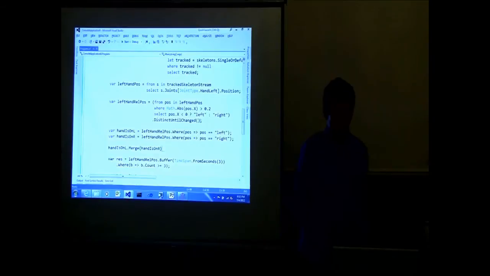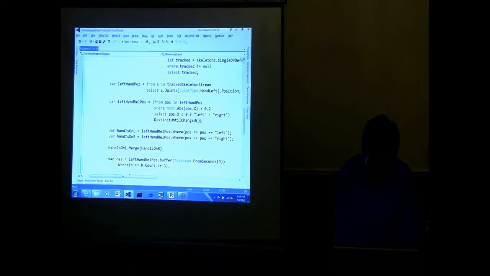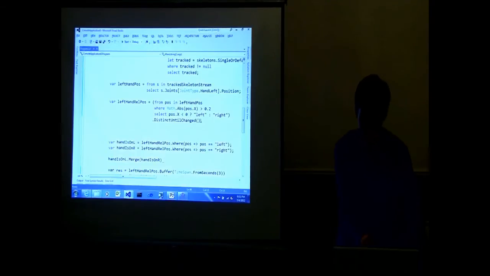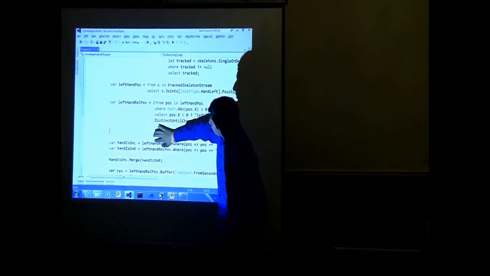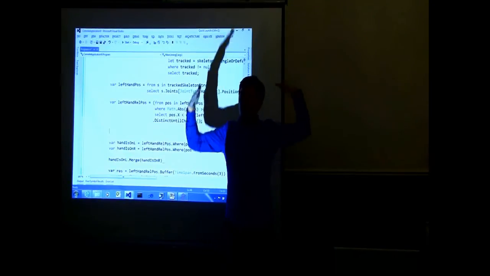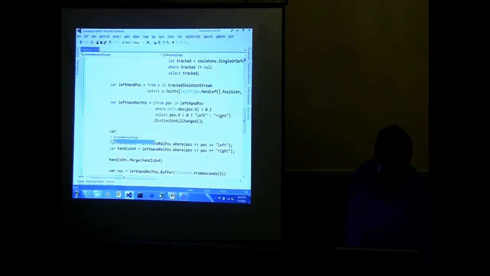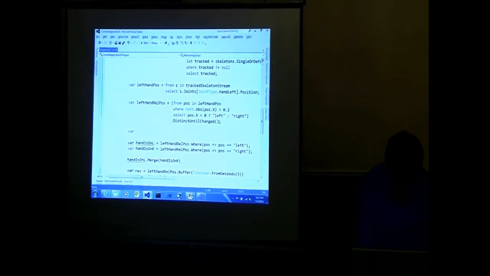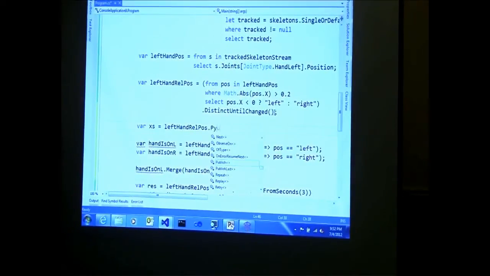And so we have operators that allow you to share subscriptions. That's actually called the publish operator. So for this typical thing you have sitting here, you want to reuse this without causing multiple subscriptions to the underlying stream. In that case, it's a little bit more of an advanced scenario, but what you do is left-hand rel pass dot publish